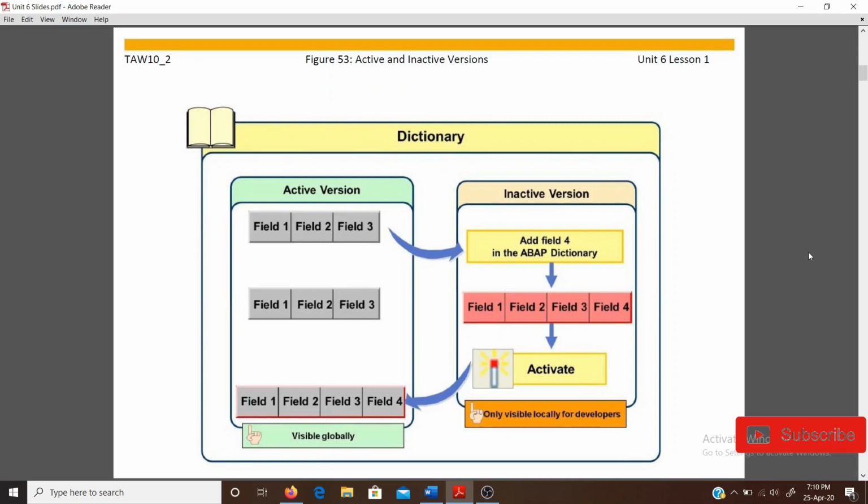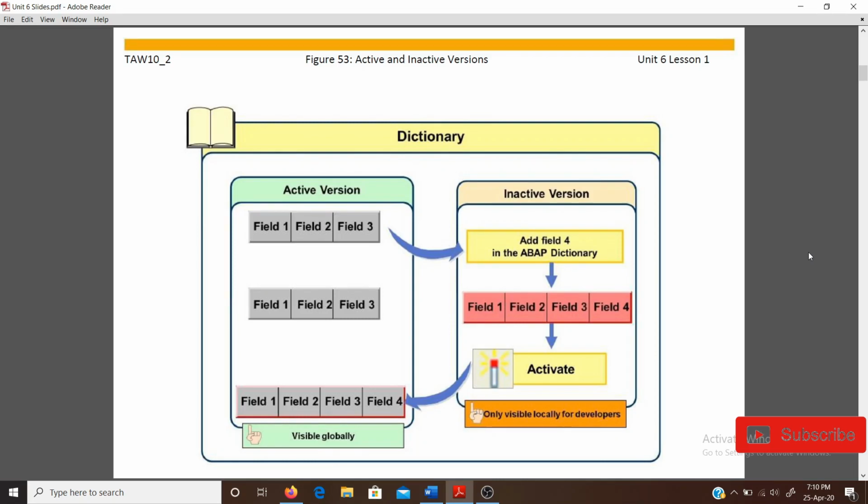But in case of an inactive version, without the active version of the object, the programmer or the client cannot see the particular object from the system.